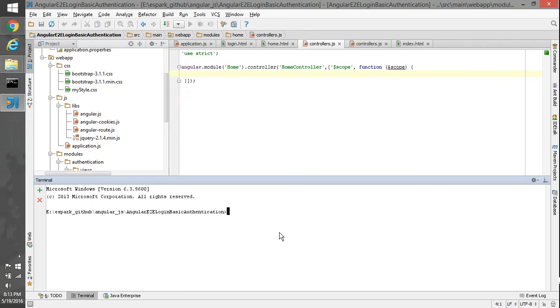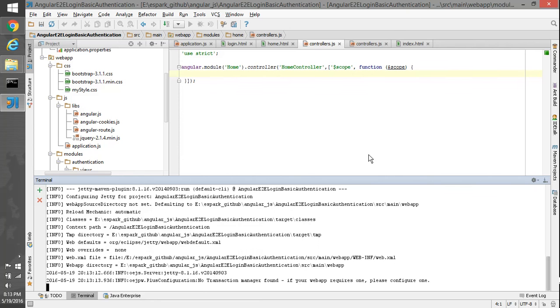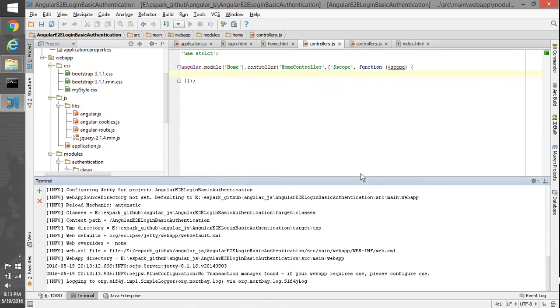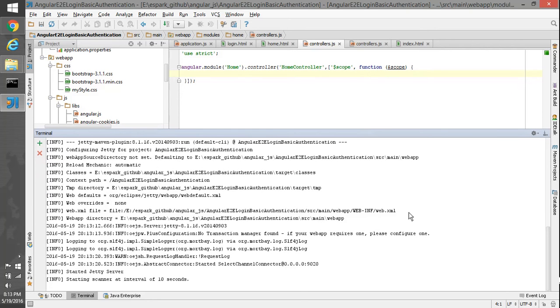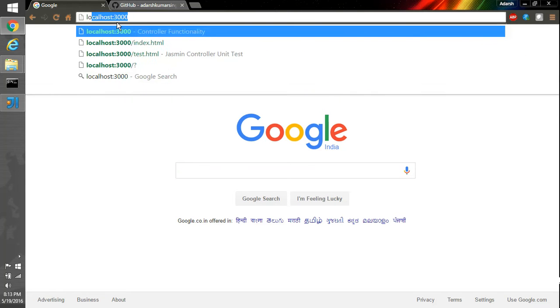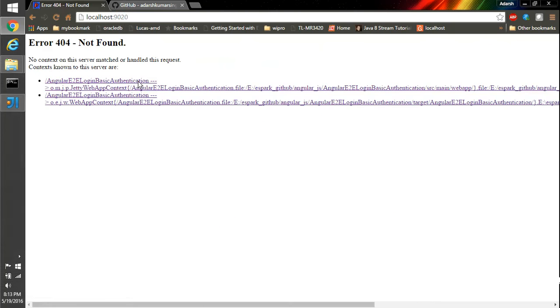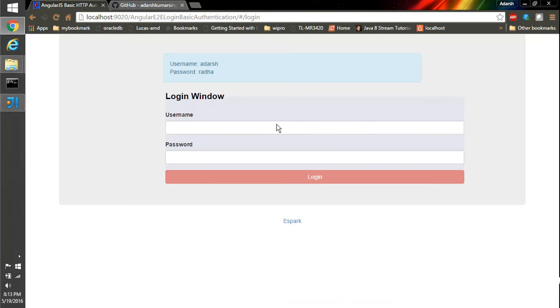So let's start the application and see how it looks. mvn jetty:run. My application started on port number 9020, so I'm going to hit the URL localhost:9020, and this is my application.